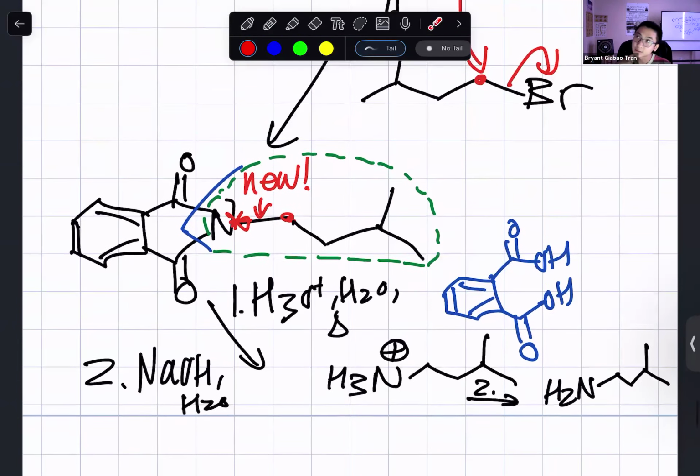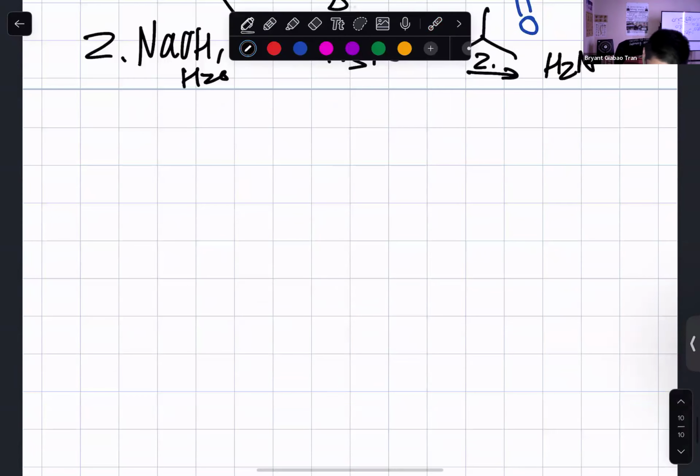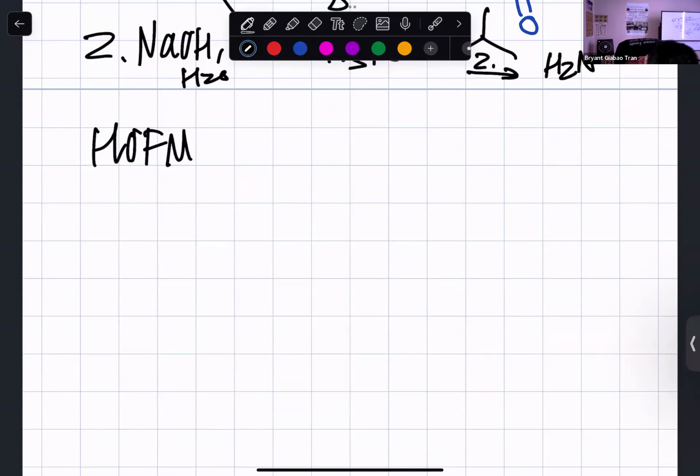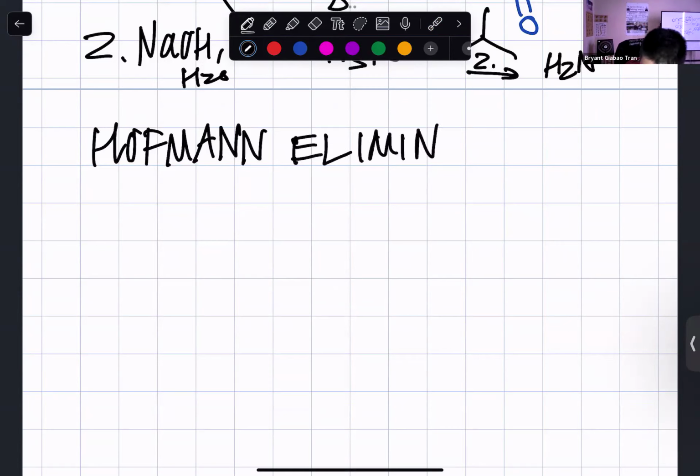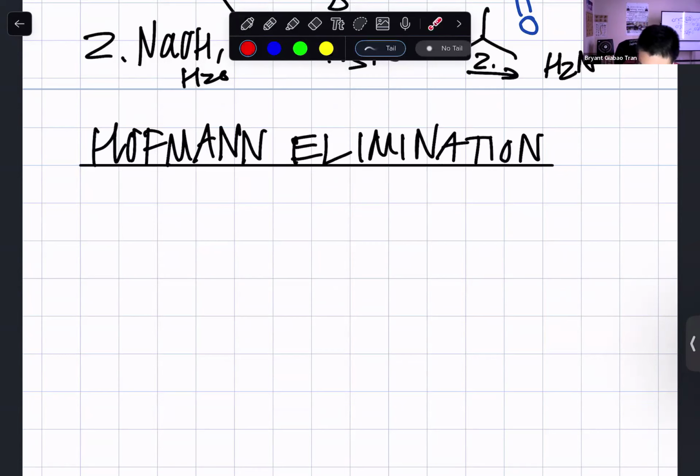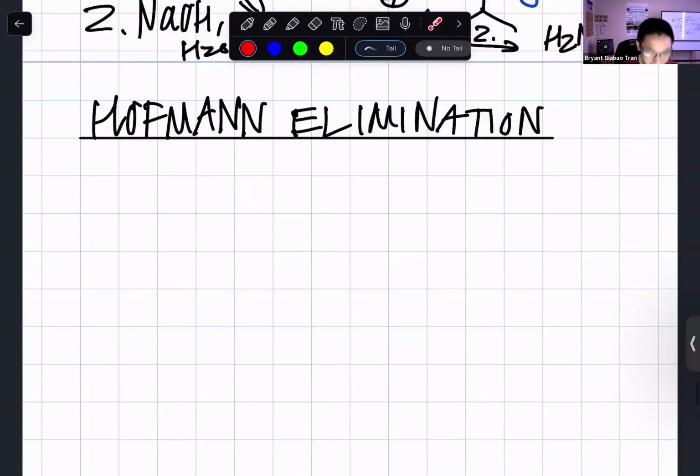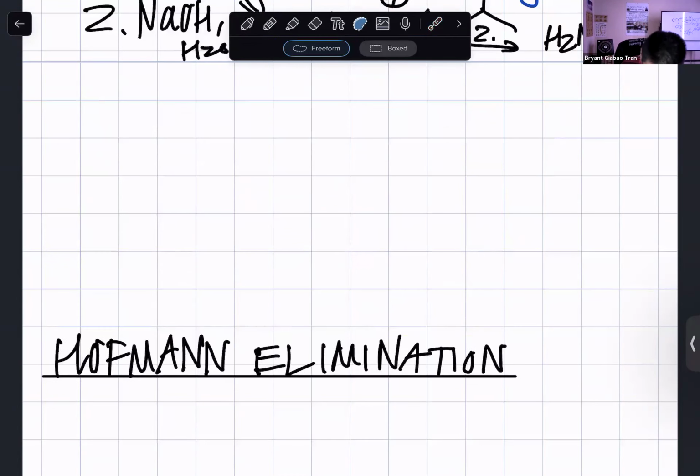Okay, what other ways to form amines? Reductive amination. Okay, I want to go over Hofmann elimination with you guys now. So we're moving away from preparing amines into the actual reactions with amines now. Hofmann elimination is one of them. You guys are already familiar with Hofmann rearrangement, right? That's different than Hofmann elimination. Right. Actually, just for a quick recap,